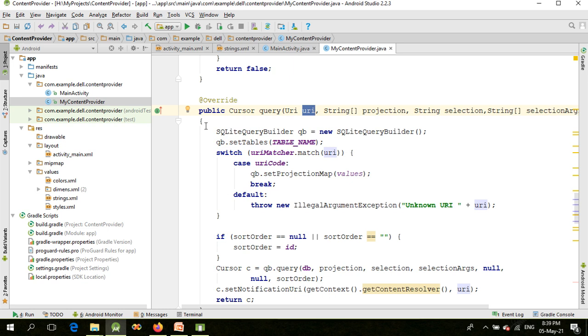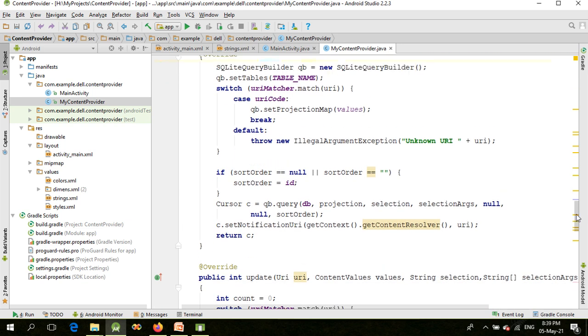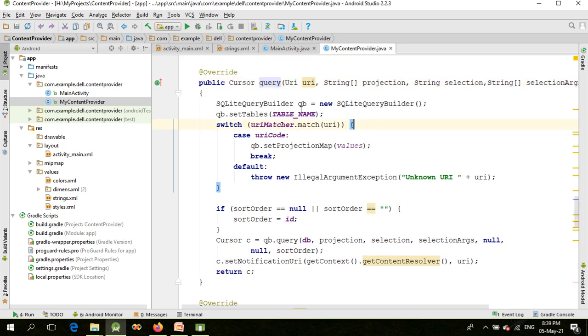right? And the definition of this query method we have seen in the last lecture. So what this query method of the content provider does is, whatever query has been executed, it fetches the result of that particular query from the database and returns it in the form of a cursor object,